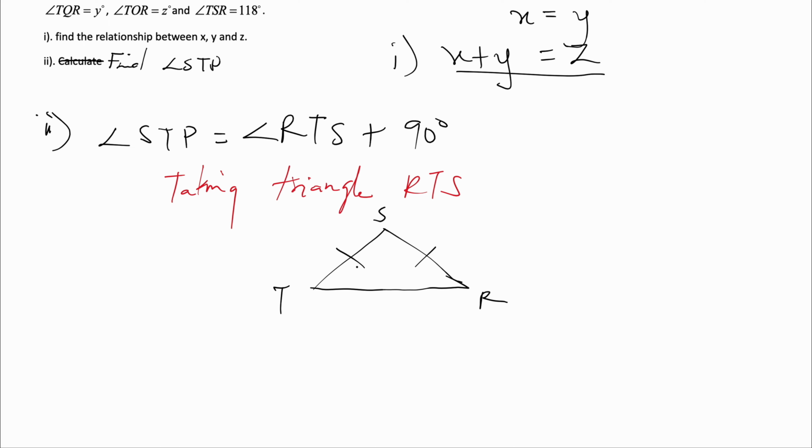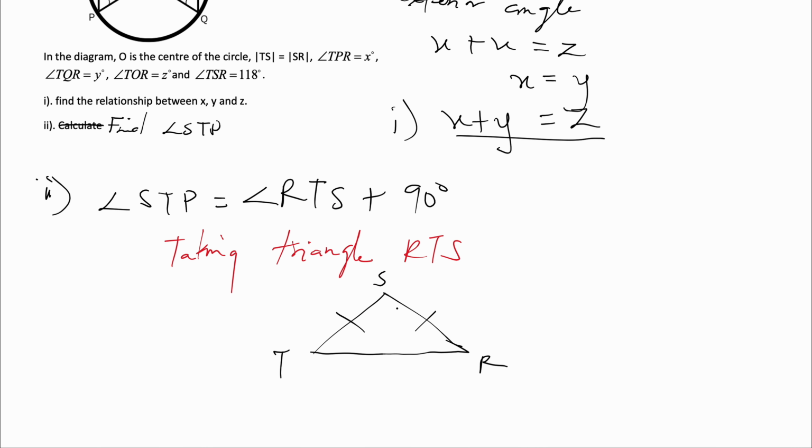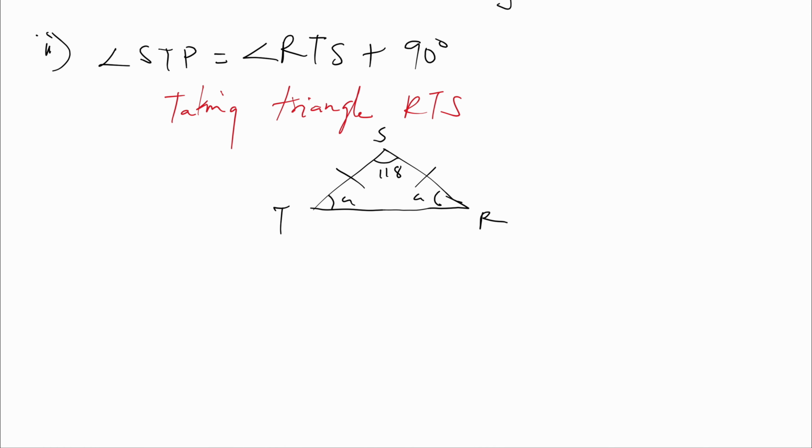That means we have an isosceles triangle. And this angle here is 118. So if this triangle is an isosceles triangle, then this angle is equal to this angle. So let this angle be A. So here's A. Now we can say that since the sum of angles of a triangle adds up to 180,